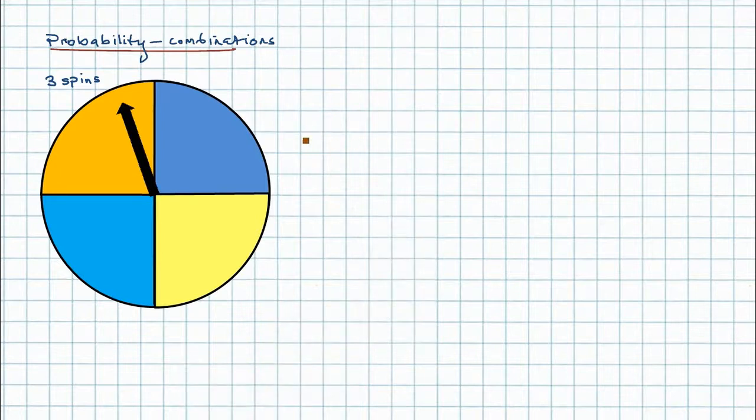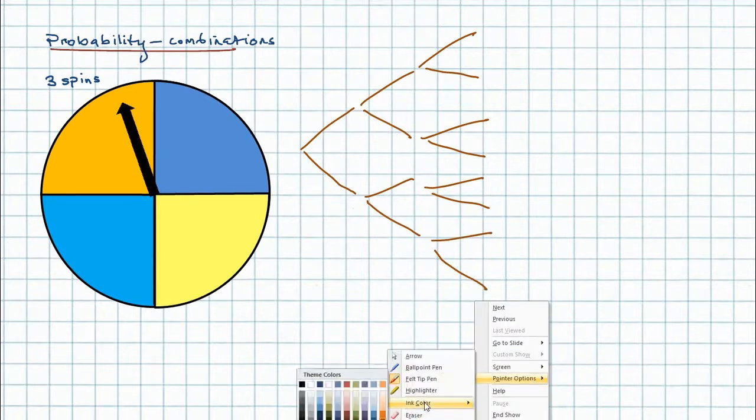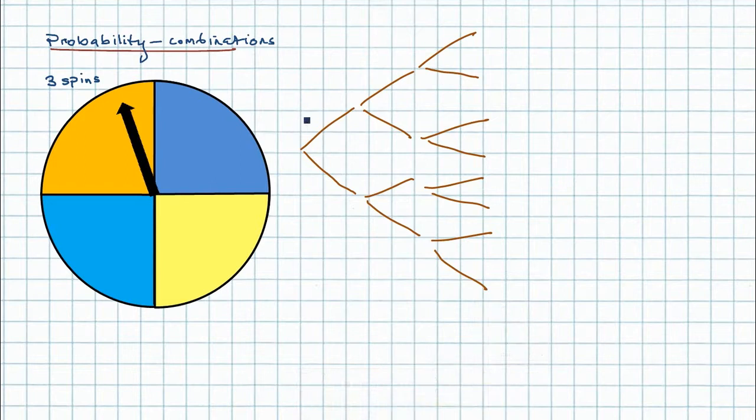if I drew out my branches, that would be the first spin, second spin, and then the third spin. So 3 events represented on a tree diagram like that. So amber or not amber. If we fill in the outcomes all the way through the diagram,